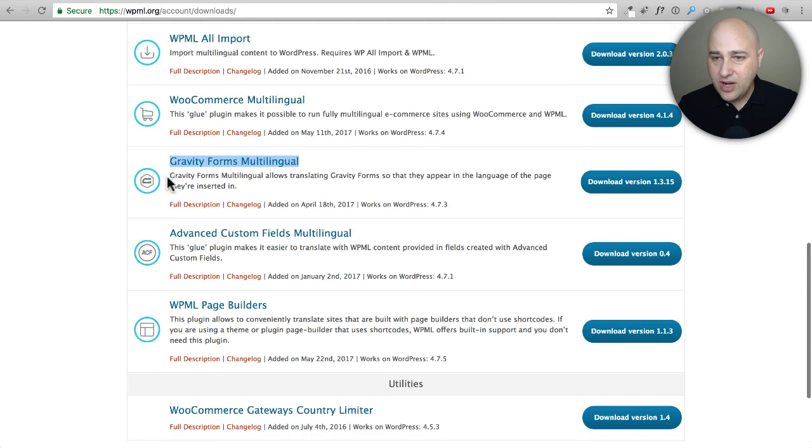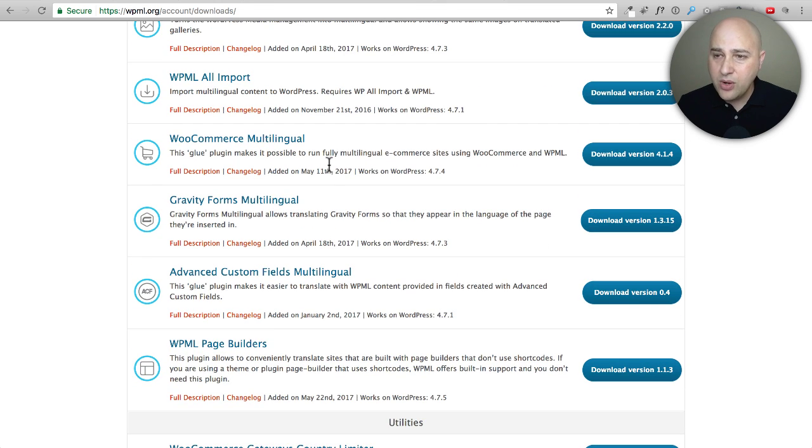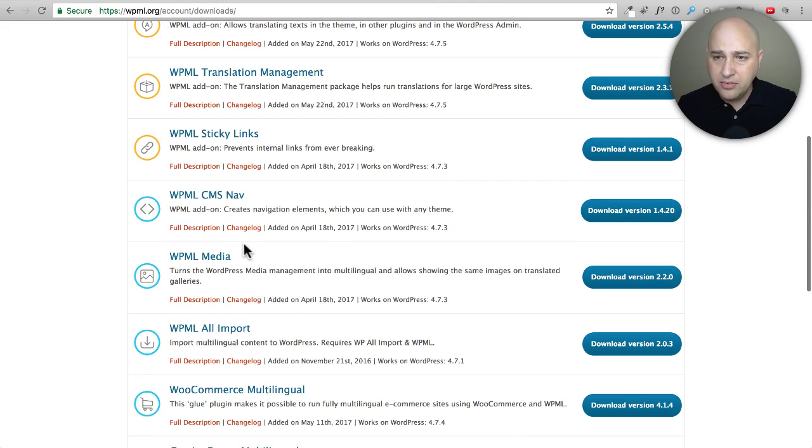Here's another thing right here. There's integration for Advanced Custom Fields. I'm actually using this as well. I made a bunch of videos on Advanced Custom Fields about 2 weeks ago with the launch of Beaver Themer, which is becoming a tool that people are now able to use and integrate into the pages on their websites. So anyways, and of course we've got WooCommerce right here, which is huge right now, and media,